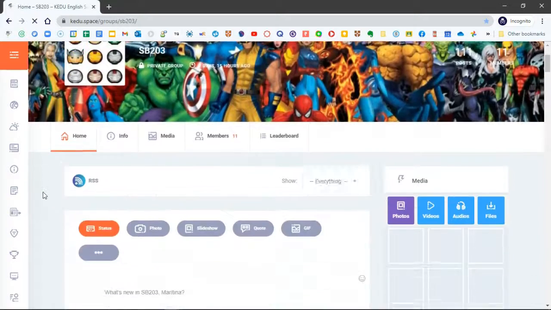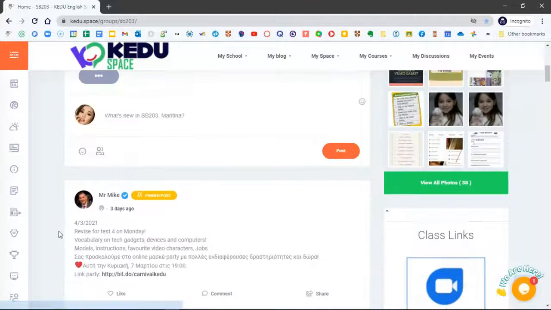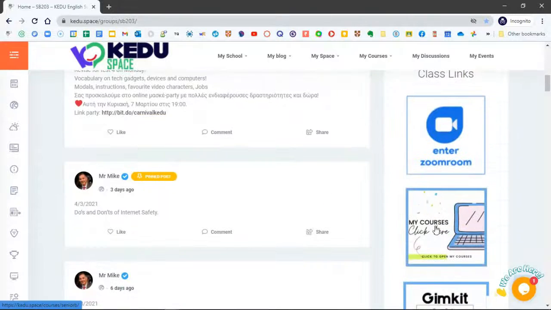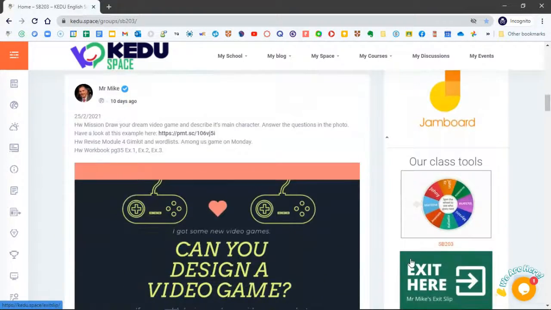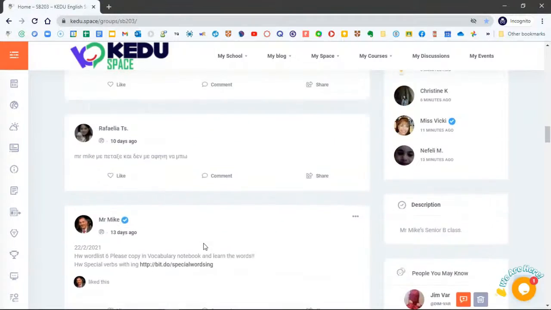where the teacher obviously logs the homework and what the students have to do, but there's also a Zoom link, a link to various other activities and the homework they get and stuff like that, yeah.